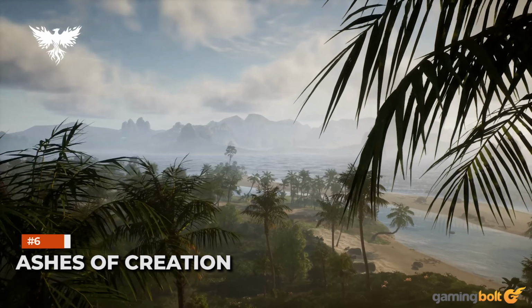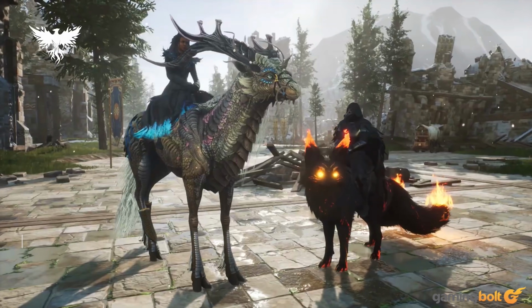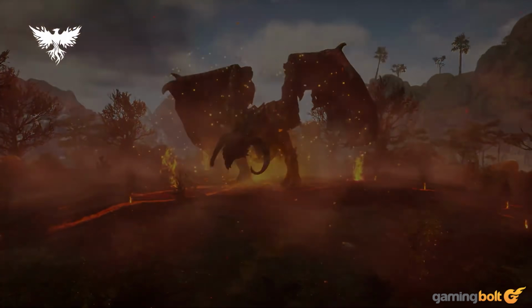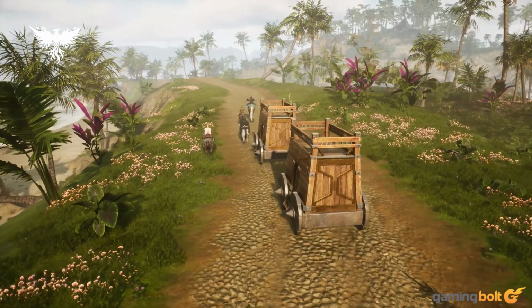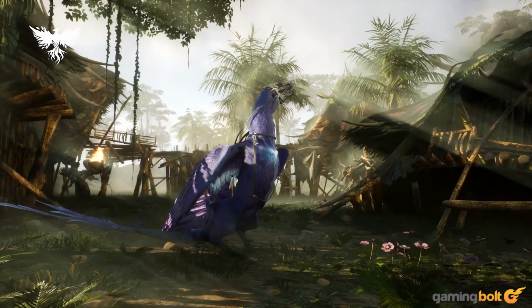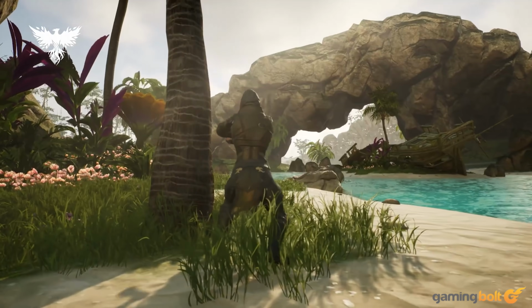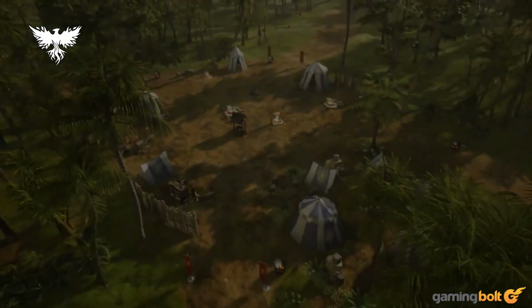Ashes of Creation. Intrepid Studios' MMORPG Ashes of Creation is yet another game that was originally in development using Unreal Engine 4 and then updated its engine to Unreal Engine 5 mid-development. The differences might not be immediately apparent, although upon further inspection we can see how the new engine impacts volumetric fog, alpha particles such as snow, and reflections, giving the game an overall pristine look that's most certainly an improvement